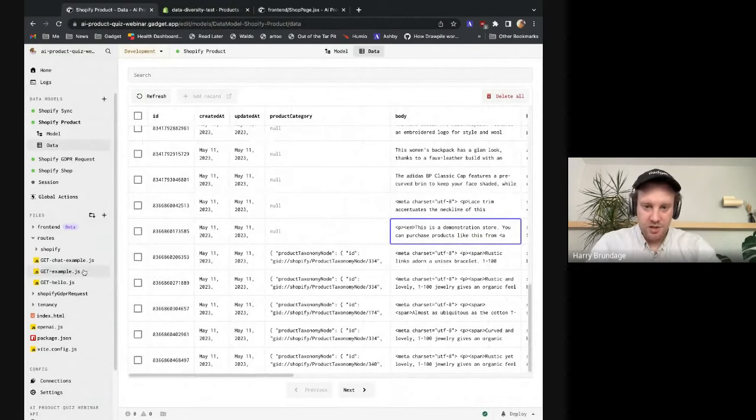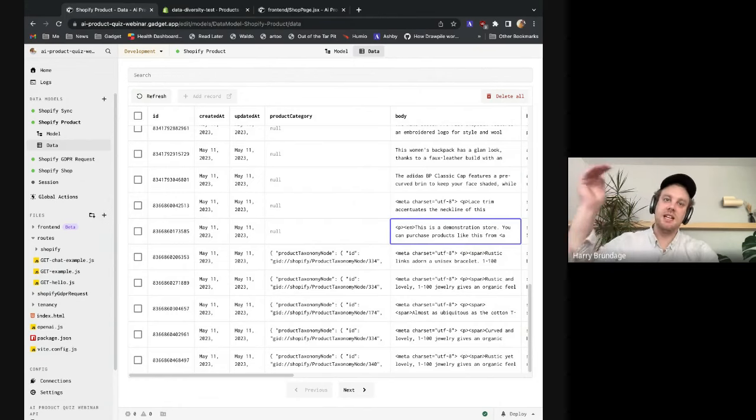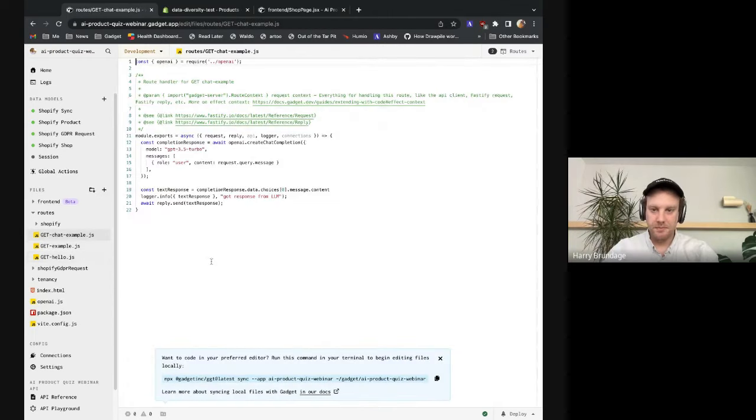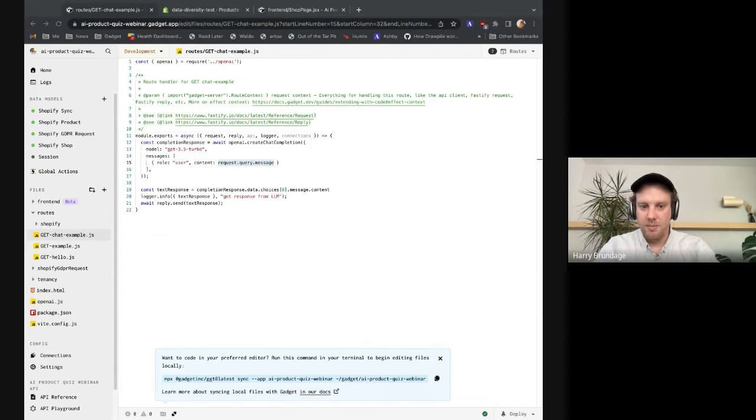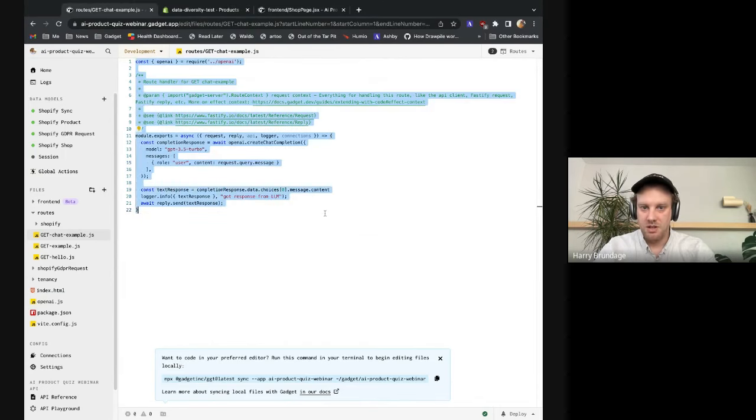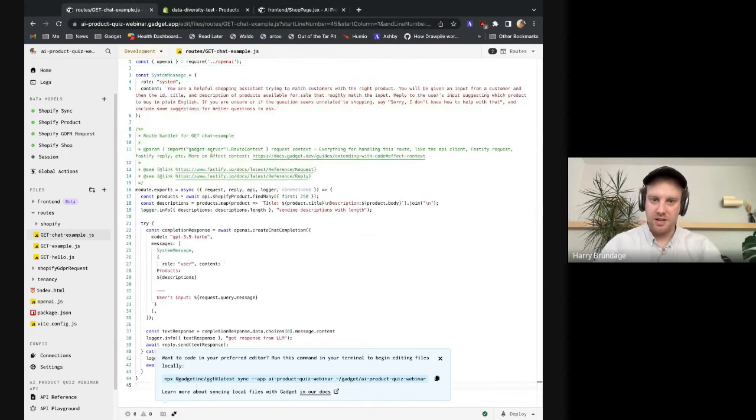So what I'd like to do now is feed this product data into the prompt that I'm sending the LLM so that it can use it to then answer, say, a given user's question. Right now we're only sending in the user's message, but what I'd like to do is merge their question with product descriptions that I fetch from my Gadget database. So I'm just going to paste in a new version of this route here, and we'll go through it line